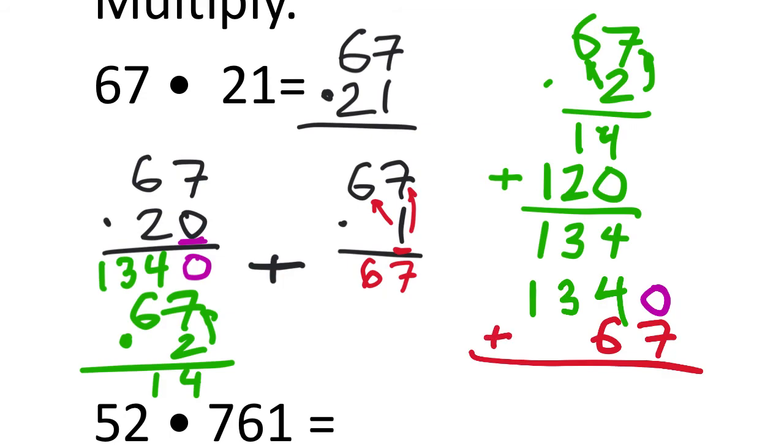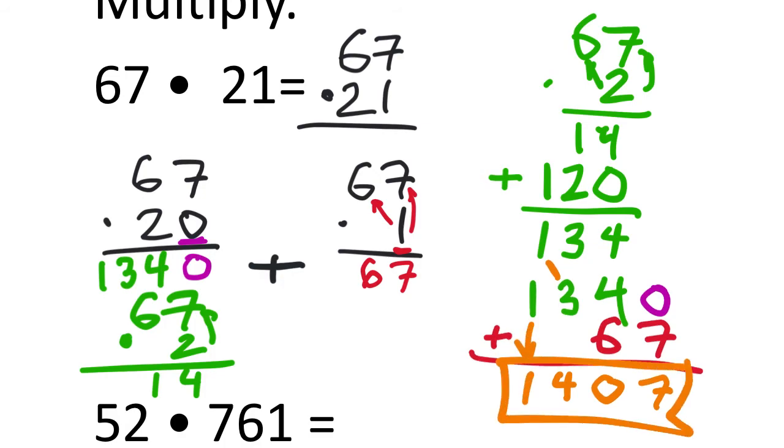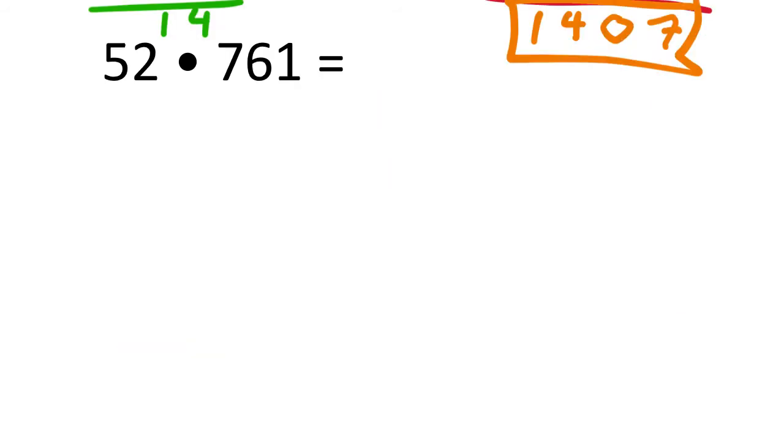So 0 plus 7 is 7. 4 plus 6 is 10. Carry the 1. 1 plus 3 is 4. And then we'll drop the 1 there to make 1,407. This other one, 52 times 761, I'm going to do with kind of the shorthand method, which really is